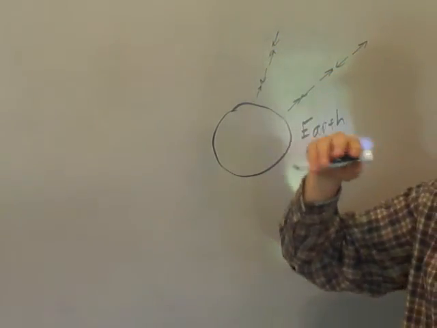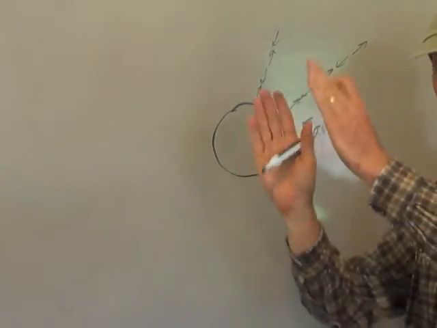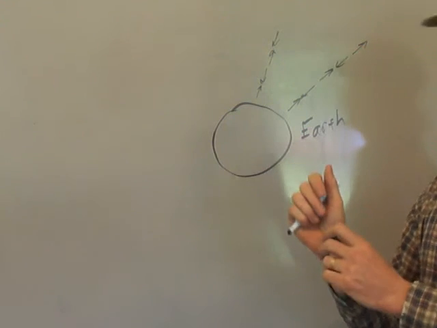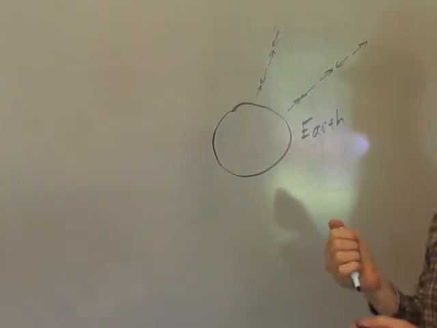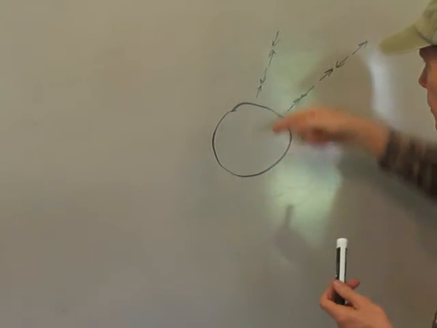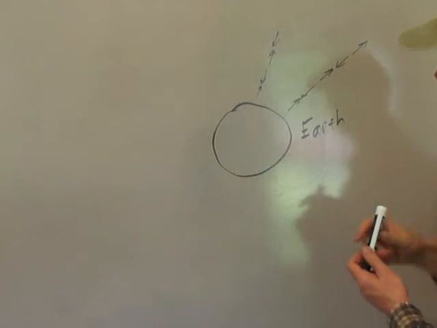And if you remember, I said twice per precessional revolution, these will be trying to create an EMF, to create current loops in this direction,